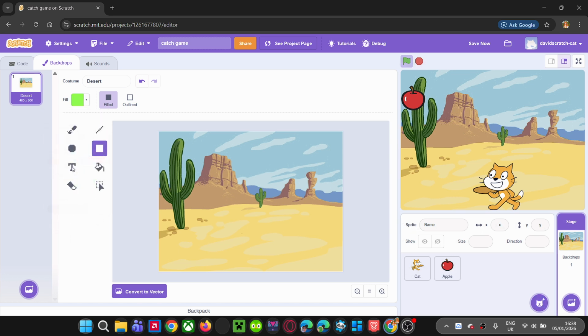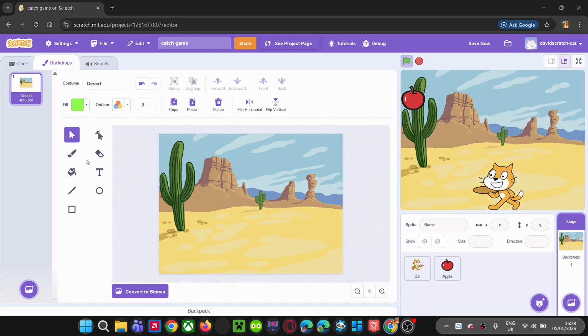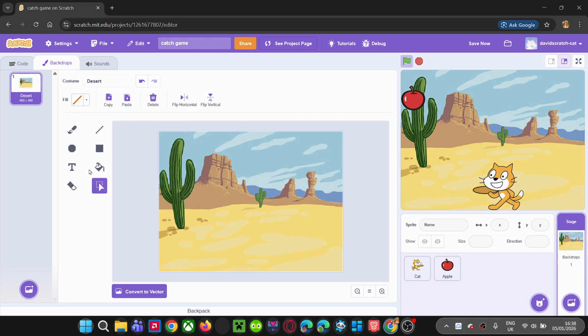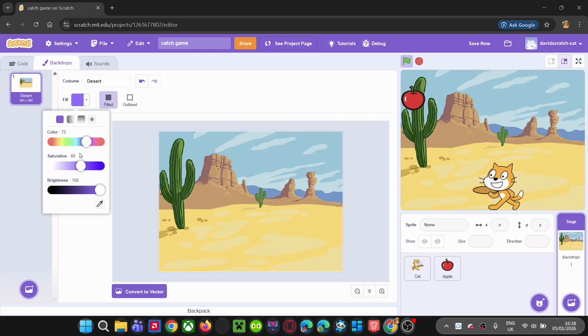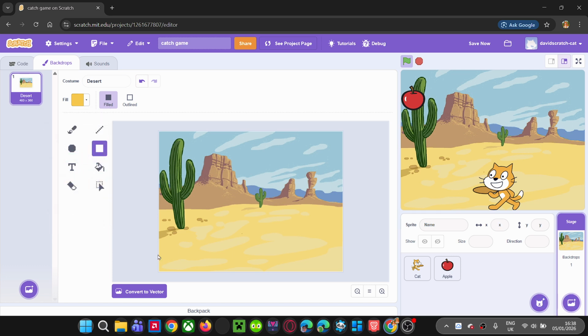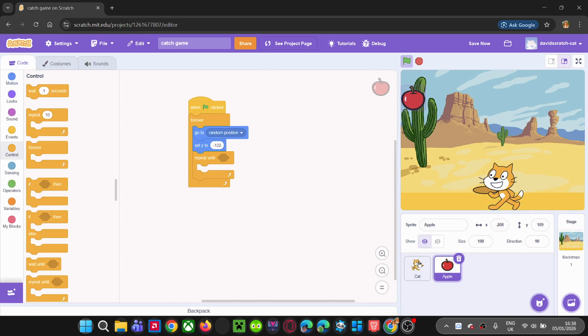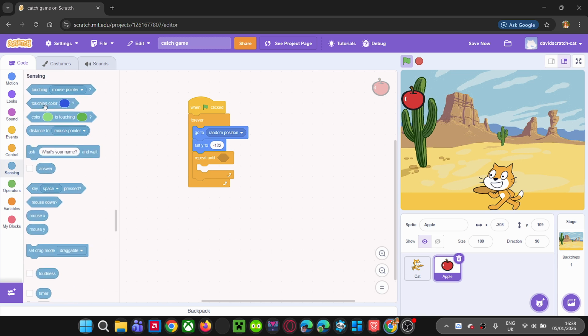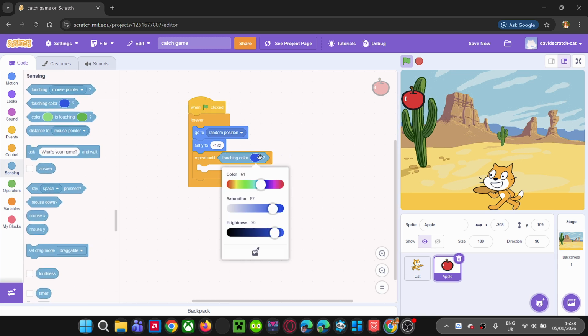Place a little yellowish color or convert the vector to bitmap. Then set saturation to 100. Place it in a blue color tone. There! Now drag the apple, then repeat until touching color